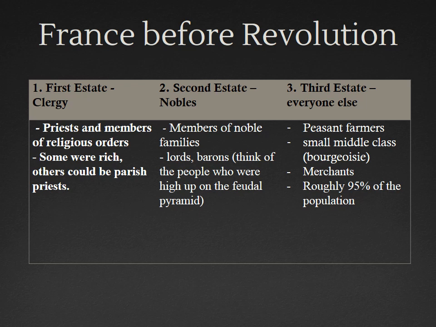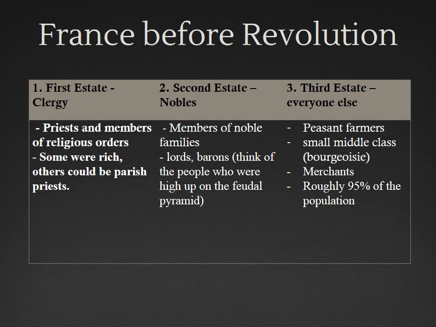So when we look at France before the revolution, there were 3 estates. And remember, the first estate, you should take your pointer finger, point to the ceiling or the heavens, and it is the clergy. So these are priests and members of religious orders. Many were rich, but some might be just basic parish priests. Our second estate, you should take 2 fingers, put them on top of your head upside down to make a funny hat symbol, which are the nobles who wore funny hats. And they were members of the noble families. So they are the lords who have family names that have been passed down for centuries. They have land, they're high up on the feudal pyramid, and